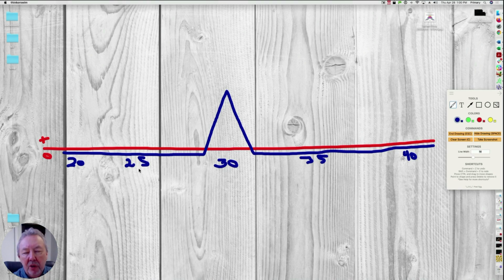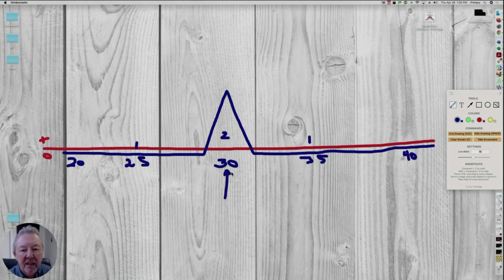So if we have a butterfly spread on, generally what you're doing is you're selling 2 contracts minimum at the 30 strike price, and you're buying one either at 25 or at 35, or if you have dollar increments, you can do that on the option chain. But you're buying one here, you're selling 2 here, and you're buying one here. And that's how most people look at butterfly spreads, and they say, well, if you don't hit it exactly at expiration, and you're not at the 30 strike price, you're not going to make any money. And the commissions that you would normally pay would be eaten up by the spread itself.